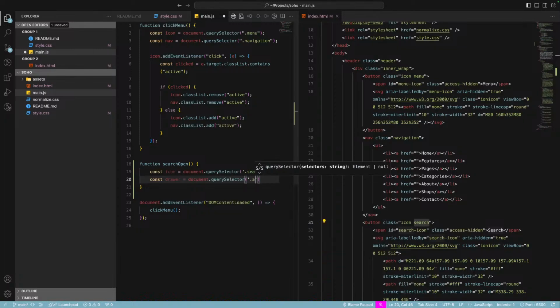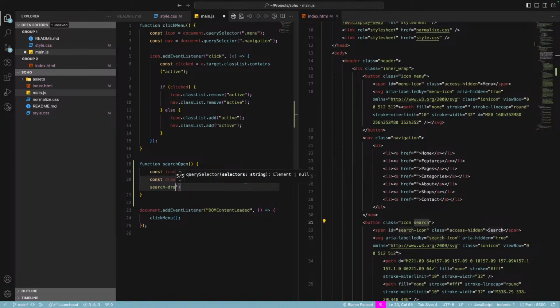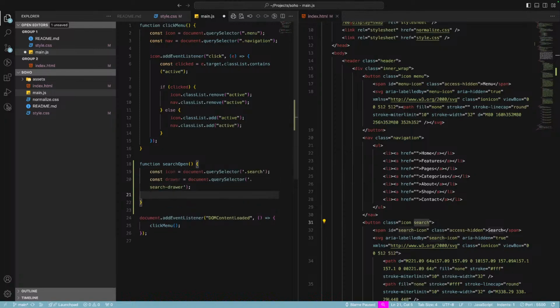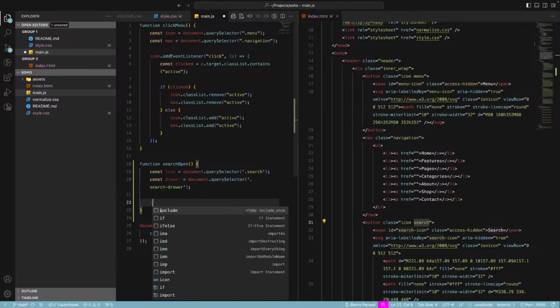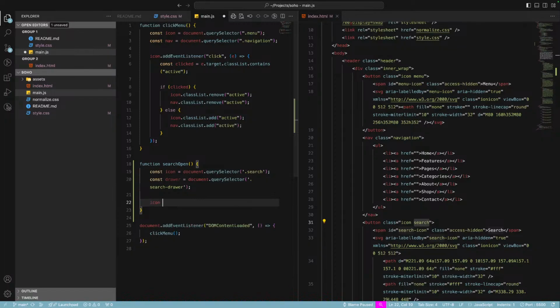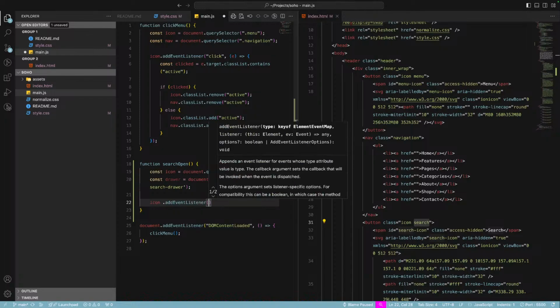Search drawer. So we'll say icon add event listener, click,